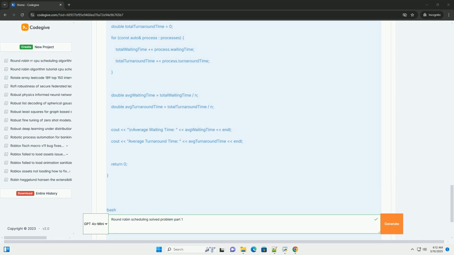How to compile and run the code. 1. Save the code as a .cpp file, for example round_robin.cpp. 2. Open a terminal or command prompt. 3. Compile the code using a C++ compiler, like g++. 4. Run the executable. The program will prompt you to enter the number of processes, the time quantum, and the burst time for each process. It will then simulate round-robin scheduling and print the execution order, completion times, average waiting time,